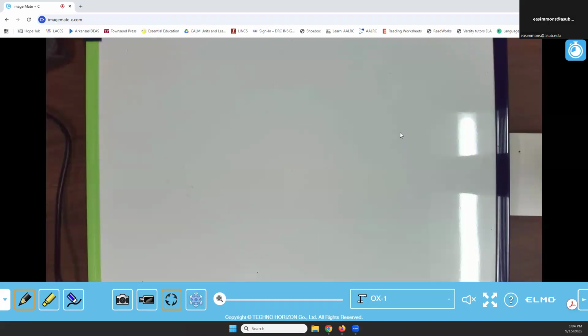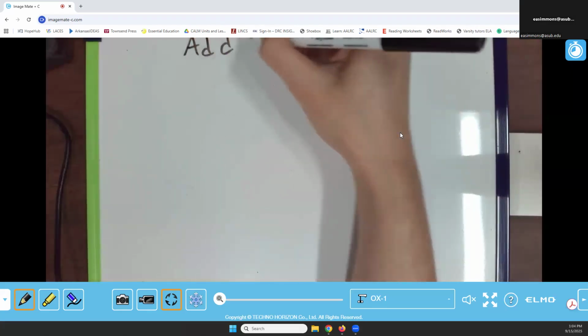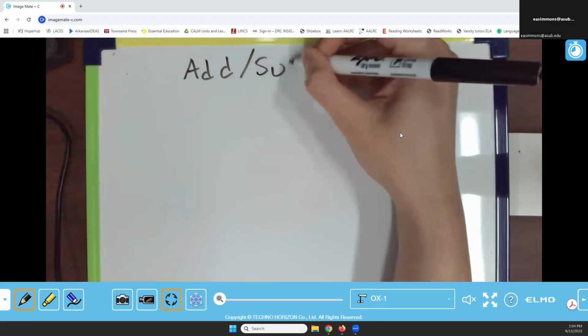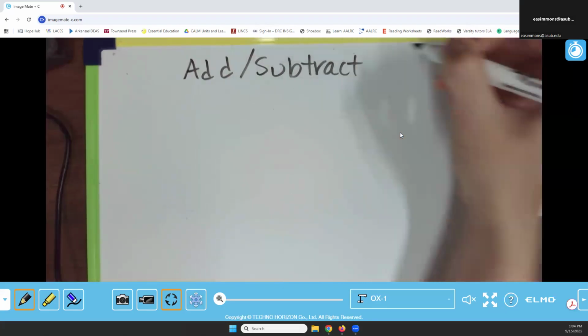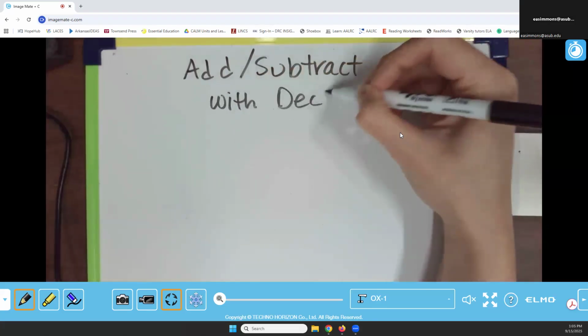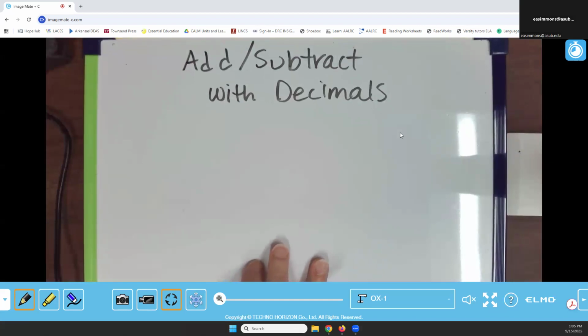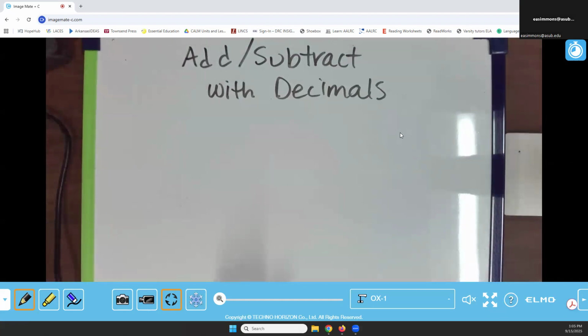Today, we are going to look at working with decimals in the different operations. So we will start with adding and subtracting decimals. When we add or subtract decimals, really the most important part is making sure we line up our decimal point. And we do this because our place value with decimals,